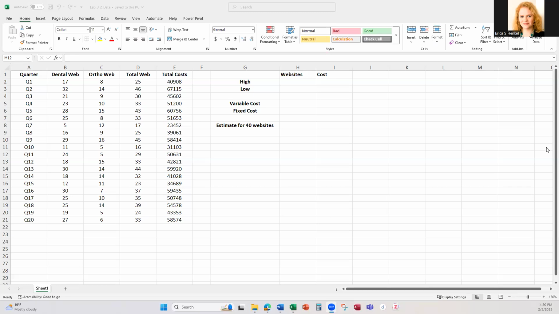So here we've got in our document quarterly data for website production for a company and the costs associated with producing those websites. So they have two different types of websites that they produce. We're going to be just looking at the total number of websites and the total costs today. And the first method for Lab 2, and this is the one that is in the Connect assignment, is to use the high-low method to calculate what the fixed and variable costs would be for this